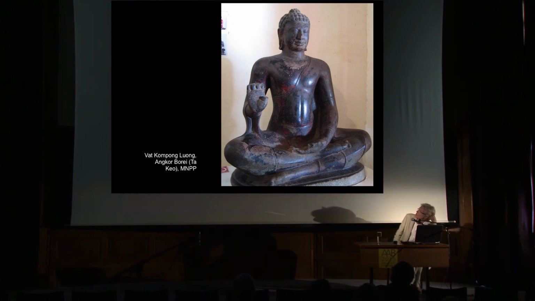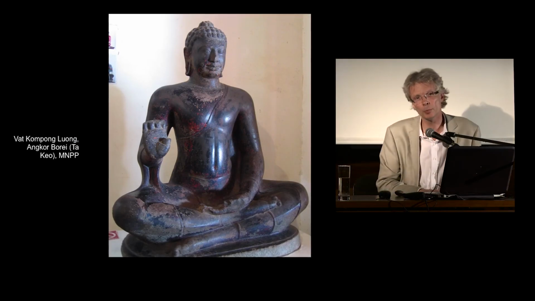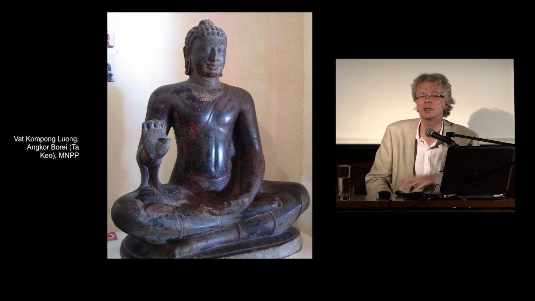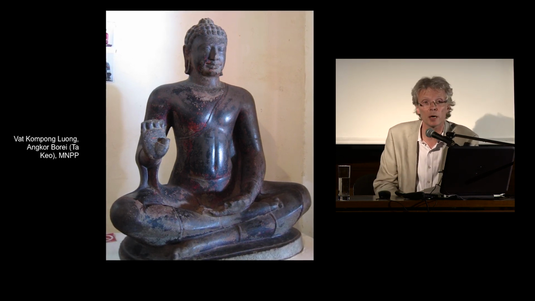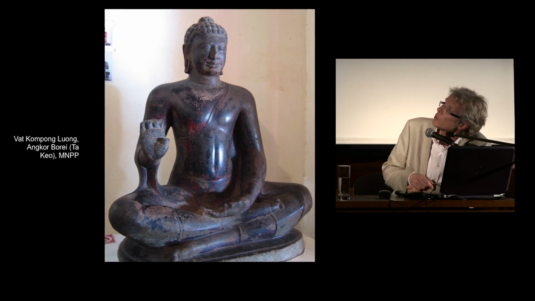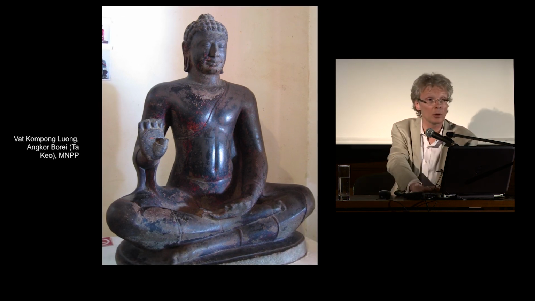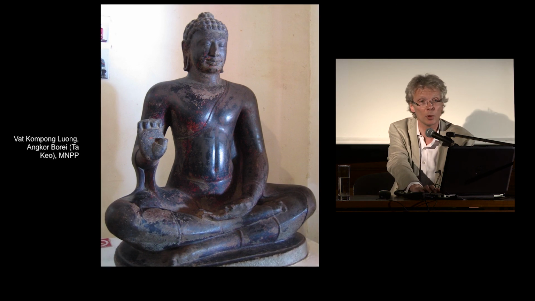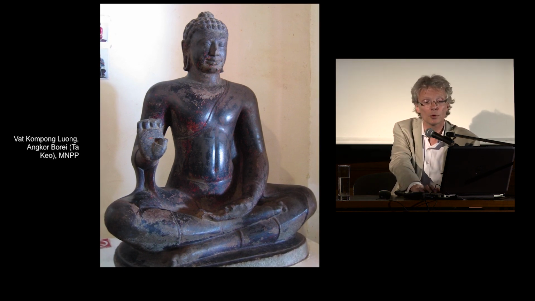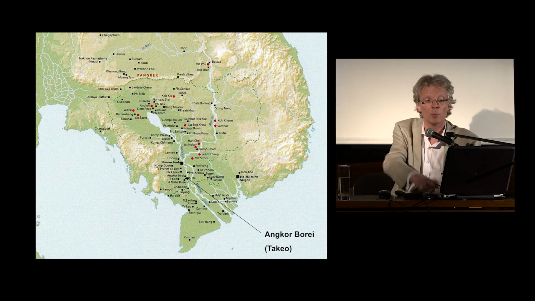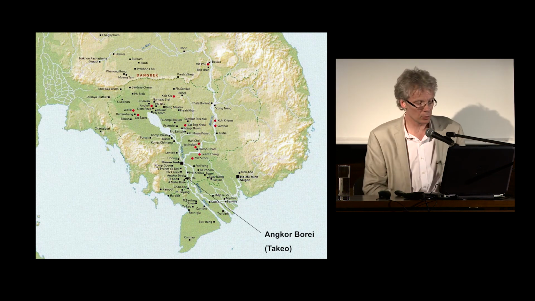with another famous sculpture, now famous, but not known for many years, from Phnom Penh National Museum. It is this statue coming from Wat Kompong Luong in Angkor Borei. Angkor Borei used to be a big city, a very important city of Preangkorian period, Cambodia, in the 6th to 7th centuries. And this sculpture was preserved since the 30s in the Museum of Phnom Penh, but it was not on display because it was considered to be a statue of a later